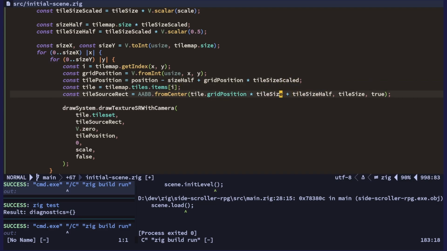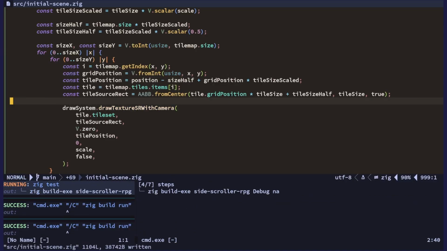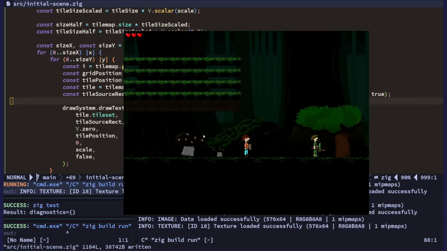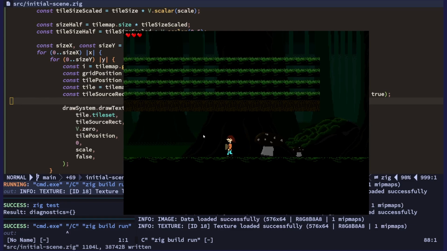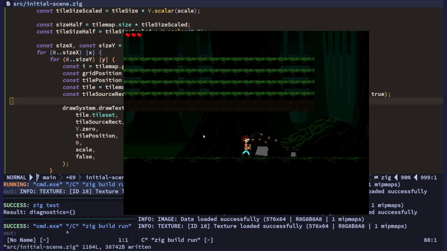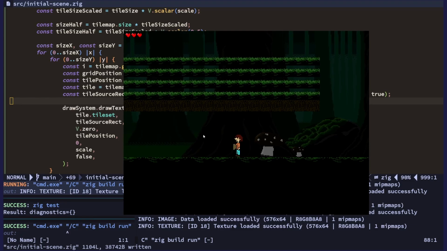And then this is not scaled because it's from the texture. Okay, let's try that. I mean, it feels like maybe we're doing these scale calculations way too much. Okay, interesting. It seems to have grabbed the wrong